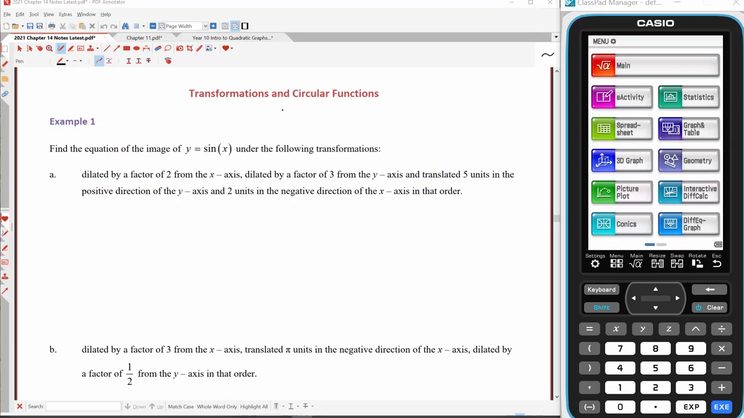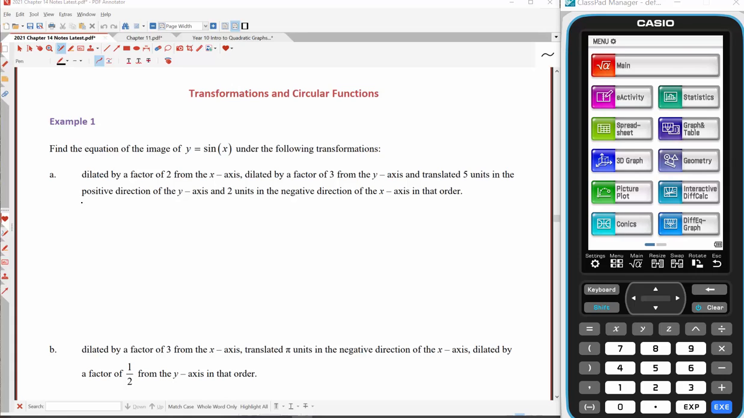Today we'll look at transforming circular functions. It works similarly to all the other functions that we've worked with. The trig functions have some identities that can be applied, but we'll worry about them later. So we're starting with y equals sine of x, and this is the first set of transformations that we'll do,